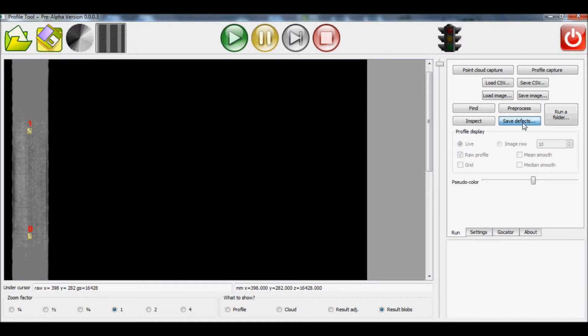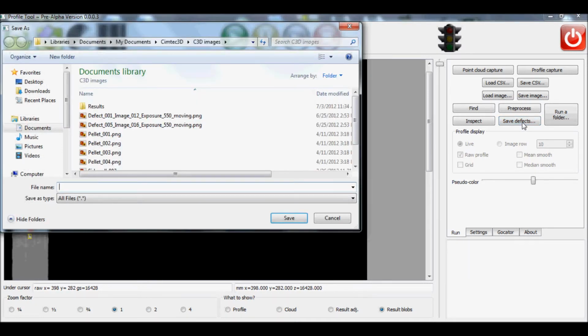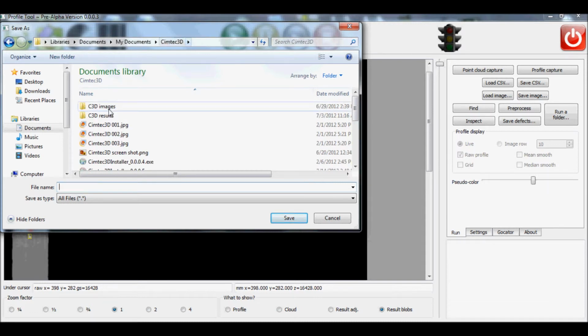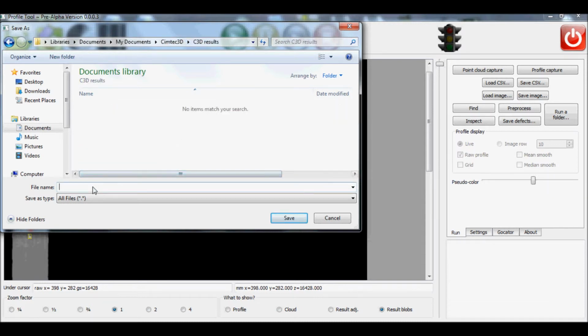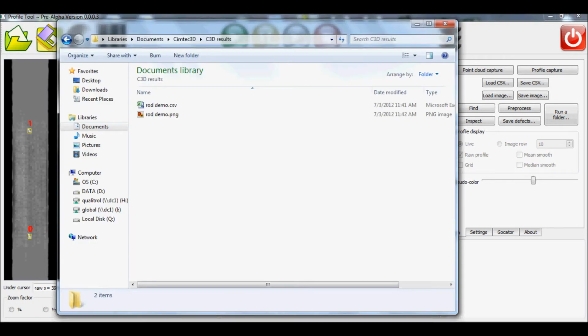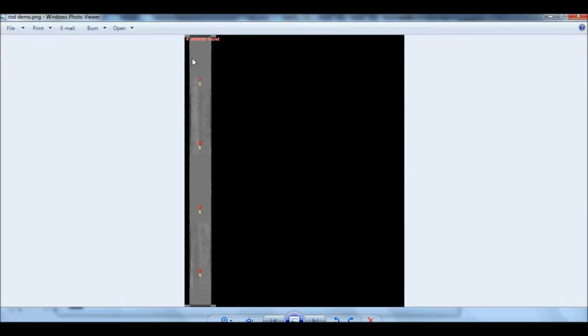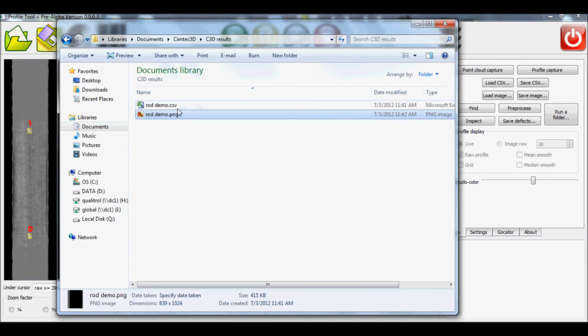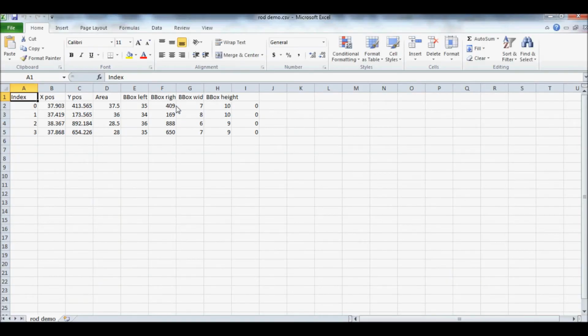So we go hit Save Defects, and I'll save it into a folder and call this the rod demo. And now that I've saved the results there, I go and look and I see that I can store my full image with the defects highlighted and look at the corresponding data here in Excel with this CSV file, which